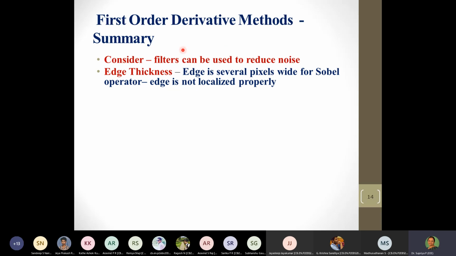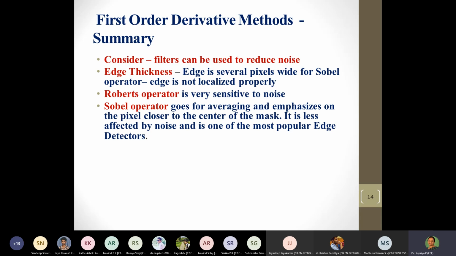I mentioned the process for reducing the thickness of the pixels, similar to what you do in dilation and erosion. It is called the thickness and thinness property, which we will be considering during our morphological operators. And naturally, Roberts operator is not a very popular one. We had already discussed it is highly sensitive to noise. In addition, it is also a 2 by 2 mask, which makes it slightly unpopular because the computational effectiveness is reduced as it is going to work only as a 2 by 2 mask.